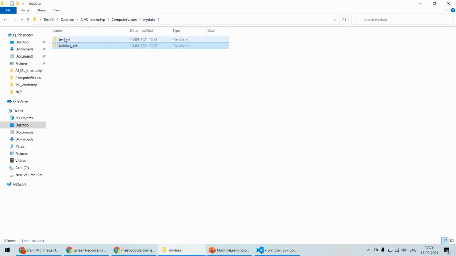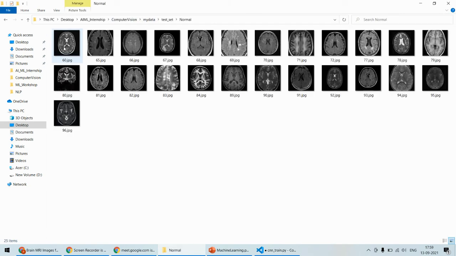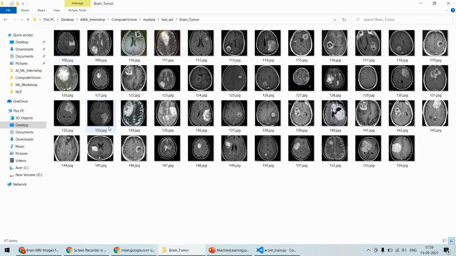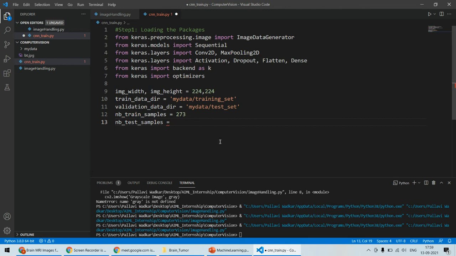सिमिलरली मैं टेस्टिंग के फोल्डर के अंदर जाऊंगा और टेस्ट डेटा सेट के अंदर, एंड देन आई कैलकुलेट कि नंबर ऑफ सैंपल्स कितने हैं। तो ये 25 नॉर्मल के अंदर है, और ब्रेन ट्यूमर के अंदर अराउंड 47 है। सो 47 प्लस 25, that's around 72। ओके, तो इतने नंबर ऑफ सैंपल्स हैं, तो जितने हैं उतने आपको मेंशन करना है। तो टेस्टिंग सैंपल 72 है, ट्रेनिंग सैंपल्स 273 हैं, दैट्स इट। ओके, तो यहां तक वेरी सिंपल है, यहां तक हम आ चुके हैं।